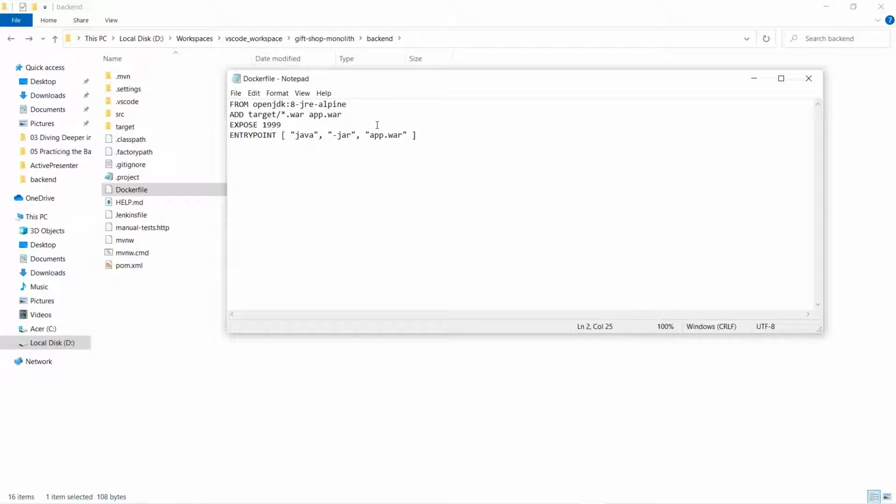In the next step, I am copying my war file present in the target directory on my PC in this Docker container and renaming it as app.war. In the next step, I am specifying the port that I will be exposing from this container. This is basically the port number in which this Java application is running. Finally, the last step specifies the command through which I can run this application. Over here, I have renamed my file as app.war. That is why I am running the command java -jar app.war. In this way, my Docker file is created.